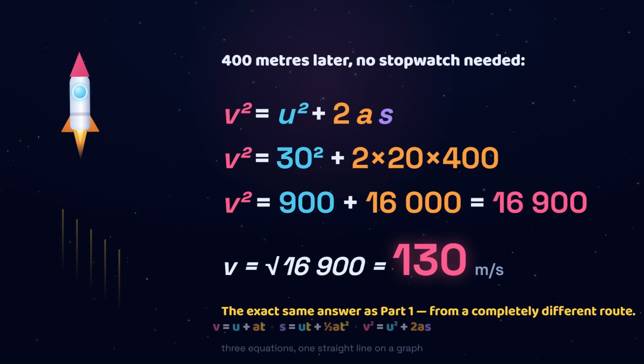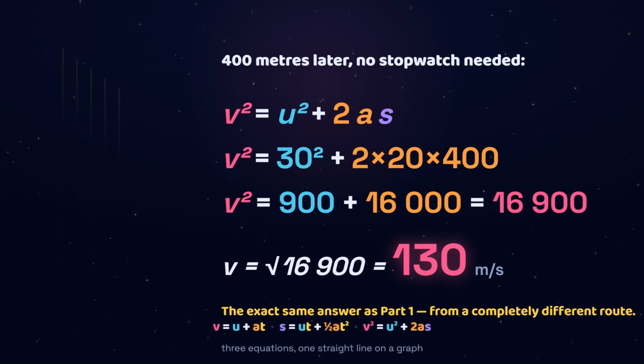The exact same answer we got in part 1, from a completely different route. 3 equations. One straight line on a graph,